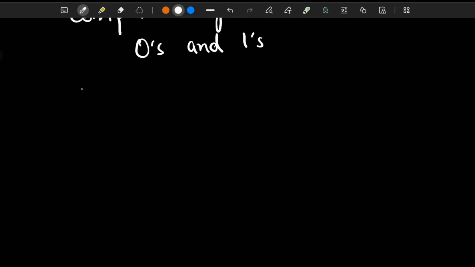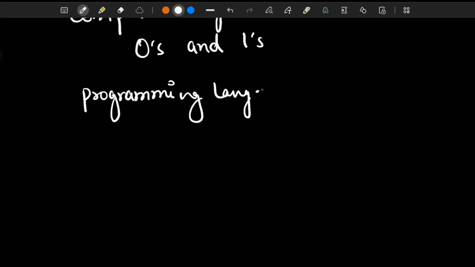And a programming language is like a translator. It takes our human instructions, our logic, our ideas about solving a problem, and converts them into that binary code the computer can actually execute.